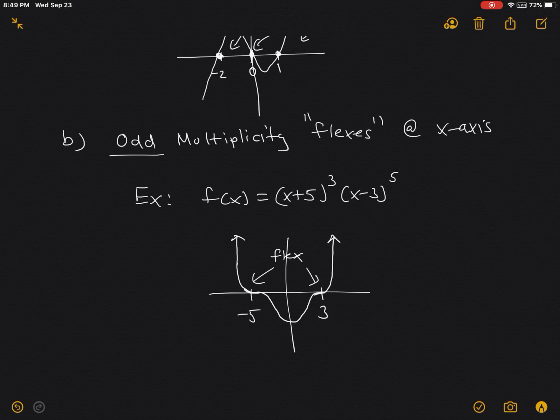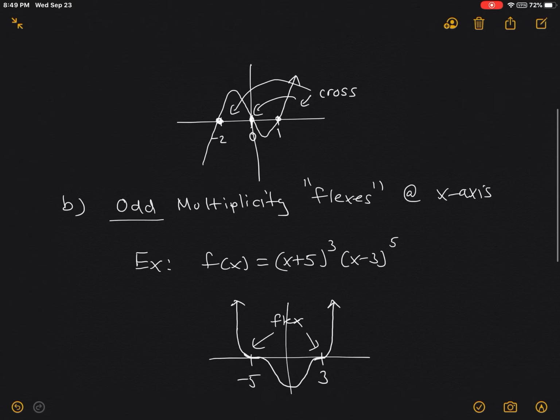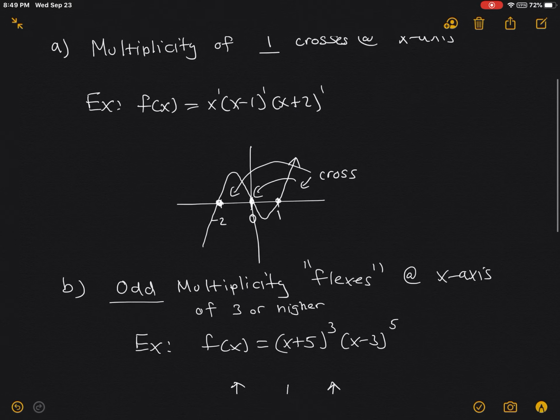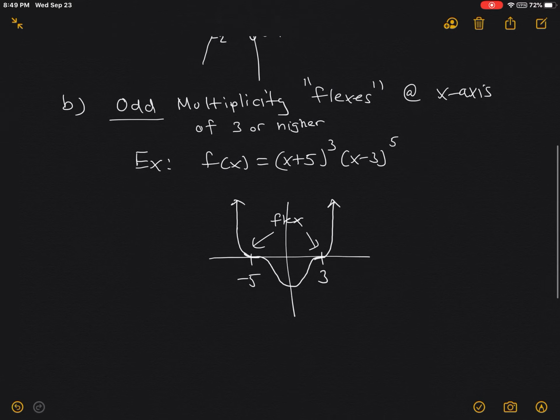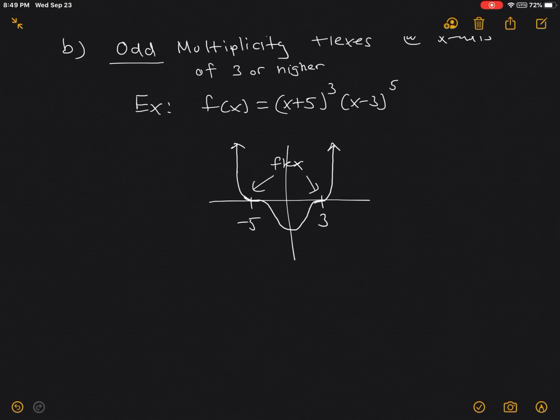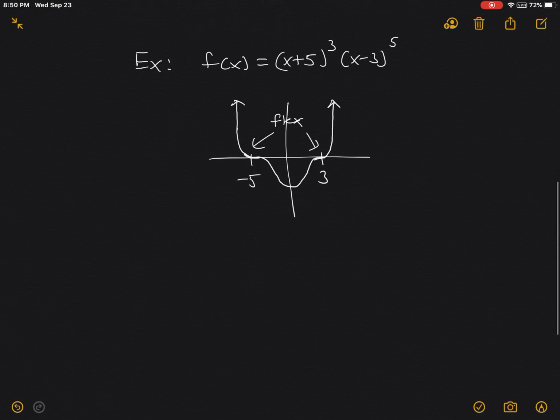Okay? So odd multiplicities and multiplicity of 1, they all cross the x-axis, but odd multiplicity, I would say, of 3 or higher, all right? Because 1 is an odd number, right? But 3 or higher, and that's what you have over here. All right, so odd multiplicity crosses at the x-axis, or 3 or higher flexes. And the very last possibility is that even multiplicities bounce